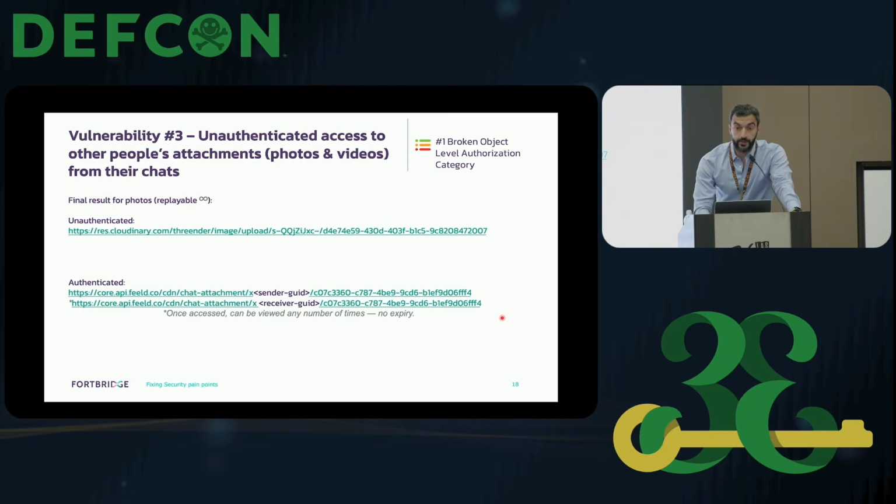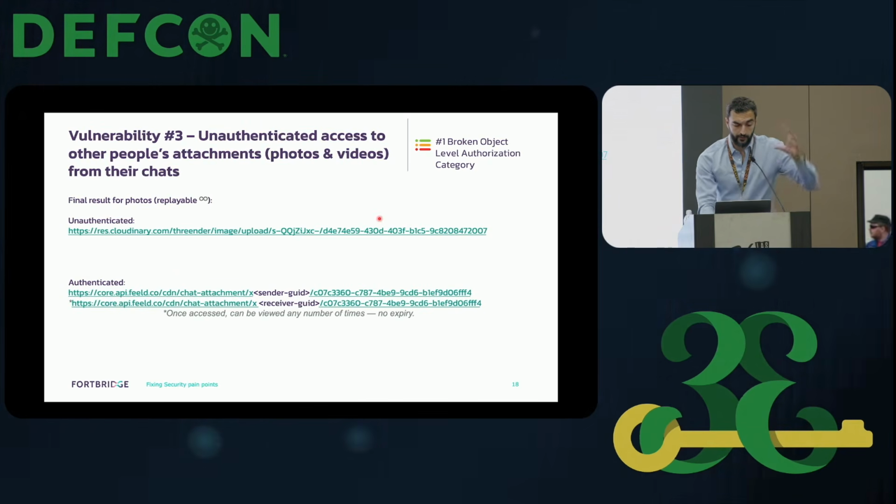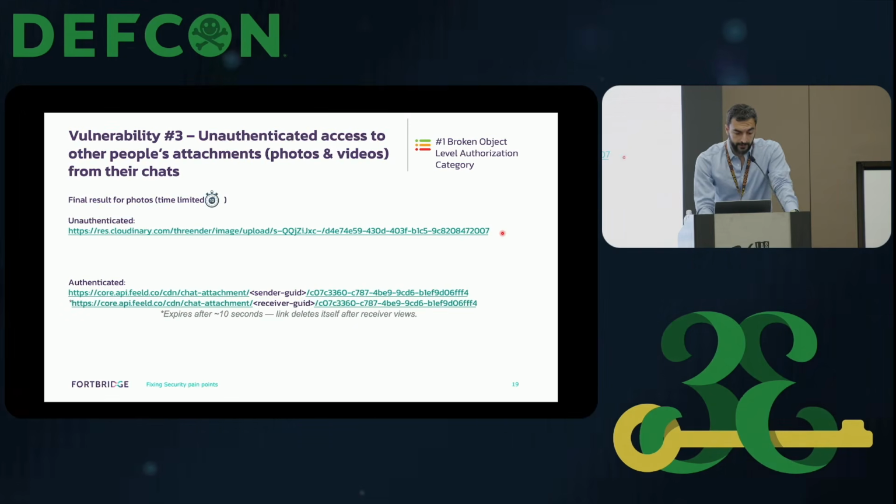In order to exploit it, we go in the opposite way from the bottom, and we copy this, we leak this photo ID, we build these 2 URLs for sender or receiver, and because the backend doesn't even check the sender GUID or the receiver GUID, in this case we can just use an X or any letter, and the backend will just validate for the photo ID and return the photo. And then we will have as an attacker to leak this URL.